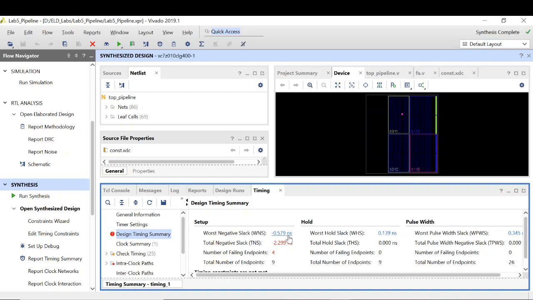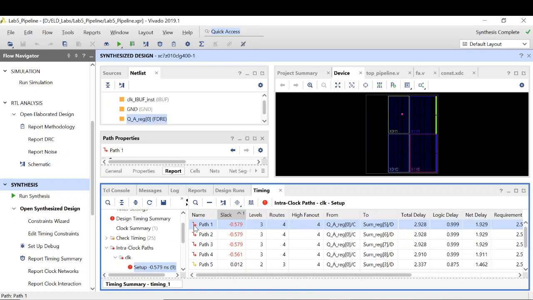Also, we can see which path is the critical path. In order to see that, just click on this and you can see the paths, right?